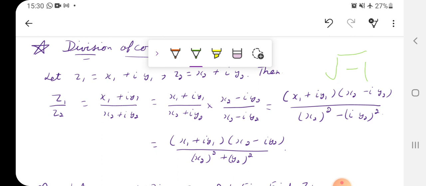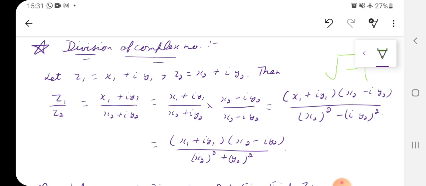So in earlier classes also you have learnt, if you see a root in the denominator, what you need to do is rationalize. So rationalization will be done. So how will the rationalization be done? With the opposite sign of the denominator, right? So x2 minus iota y2 upon x2 minus iota y2, this is to be multiplied with both numerator and denominator.